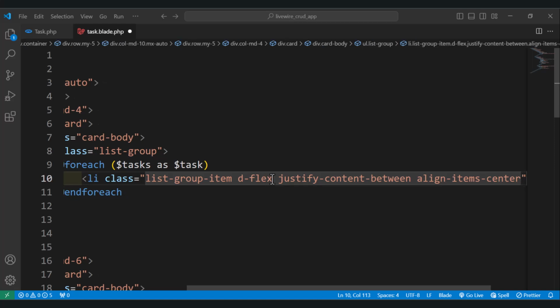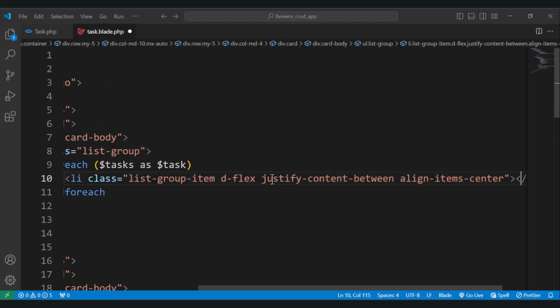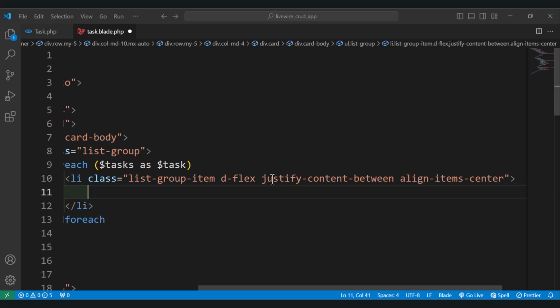Okay, so now we have the list group, and inside each group item,